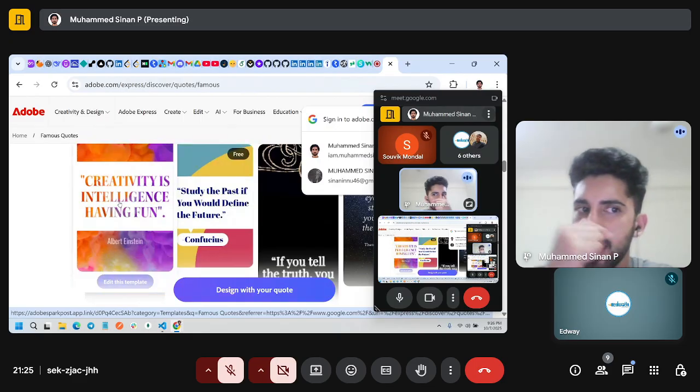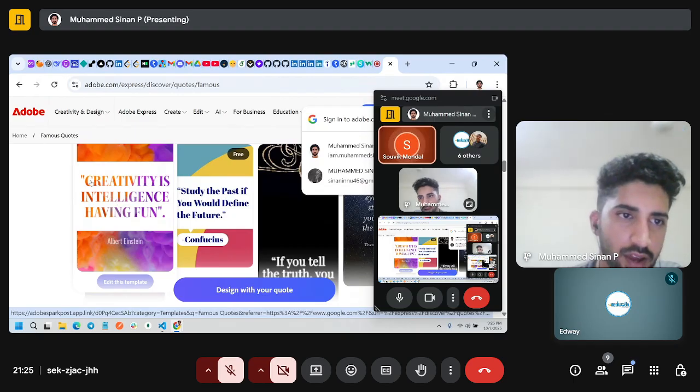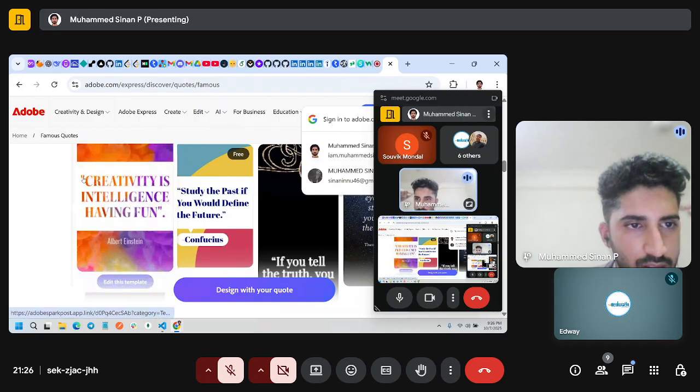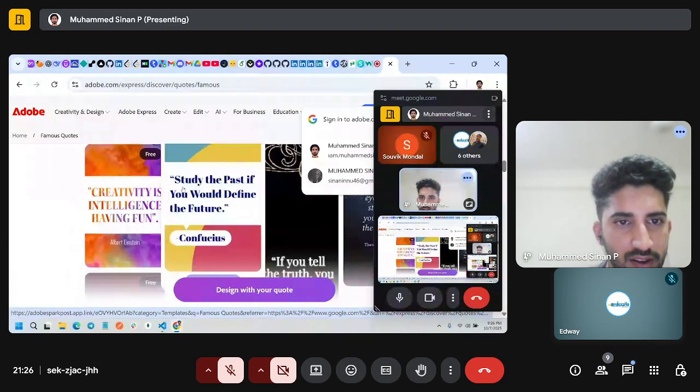Do both look the same? I'm not asking about the font. Can you see the sign here, the quotation sign, the double tick? Is there any difference between this double tick and this one?